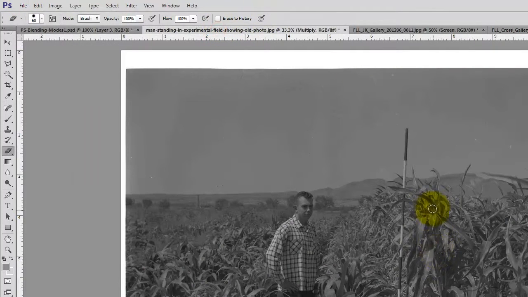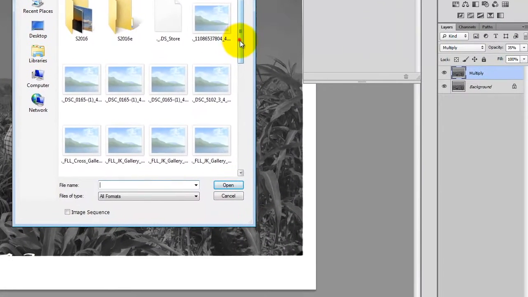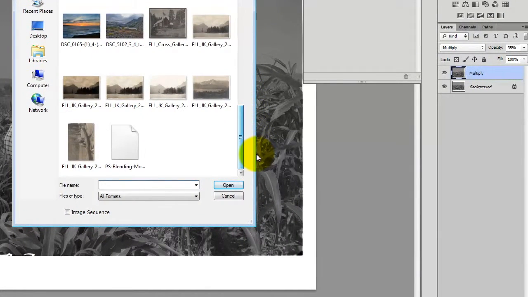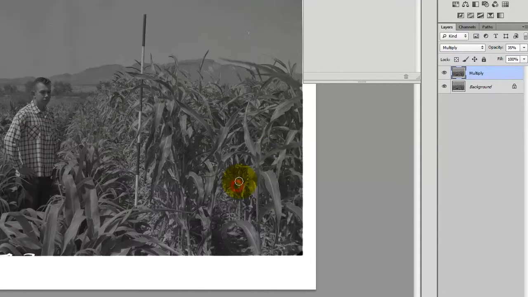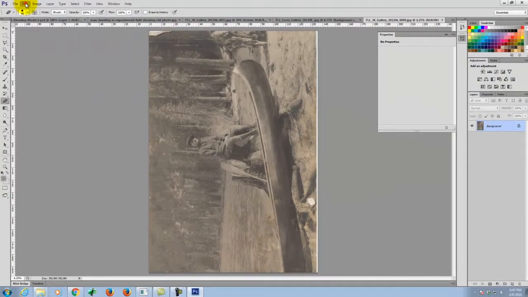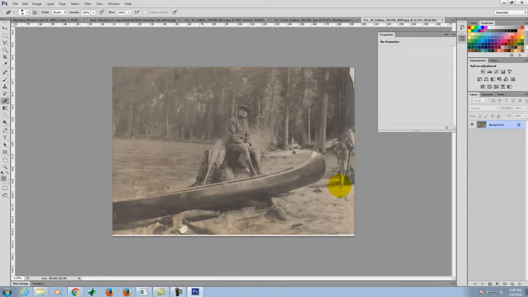Actually, I'll come back to this corner. Well, no. Let me open a different one. Let me see here. Yeah, let's use this one. Let me go ahead and rotate this image because it wasn't rotated here. All right, so there it is. Another example. Okay? I'm going to use, this time, something that darkens the darks and lightens the lights